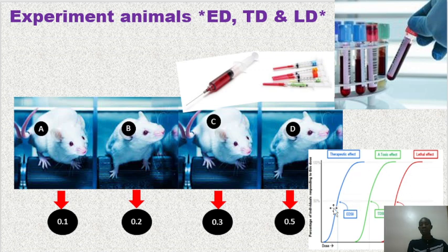And these curves, this is how they always look. This side will be the response, and here will be the dosage on the horizontal. So as you see, as we increase, the concentrations move from being therapeutic, which is our effective dose. When you increase the concentration again, maybe from 0.2 to 0.3, it had toxic effects. For example, the animal showed toxic adverse effects. So that will be our toxic dose. Then as you increase the dose, now we shall have the lethal dose, the dose when the animal died.